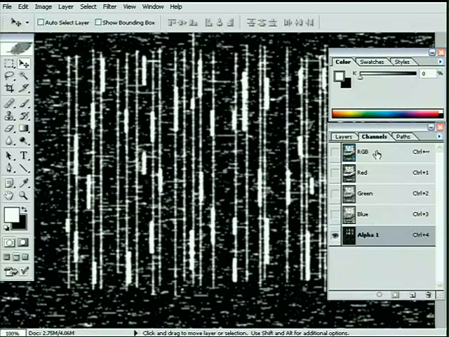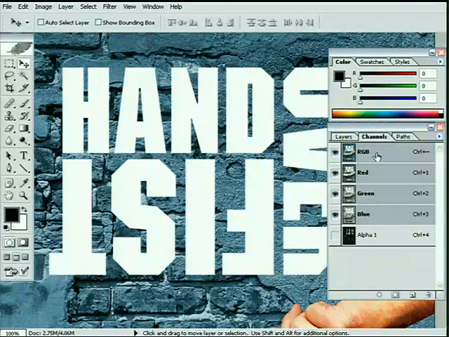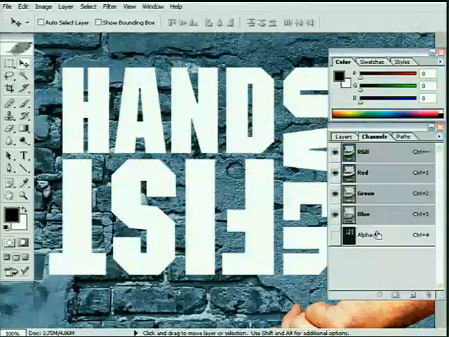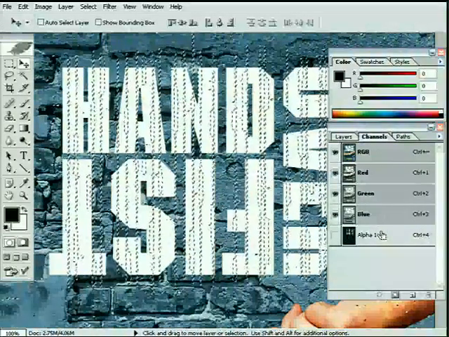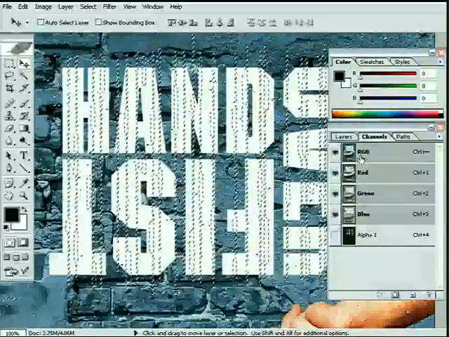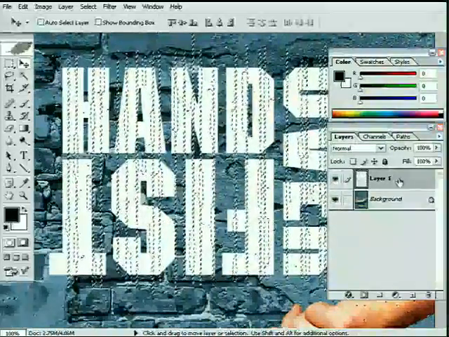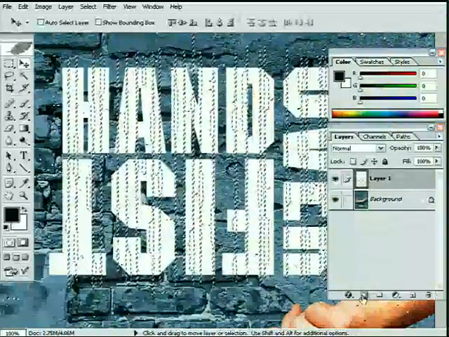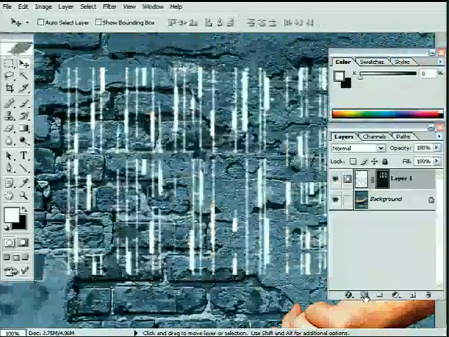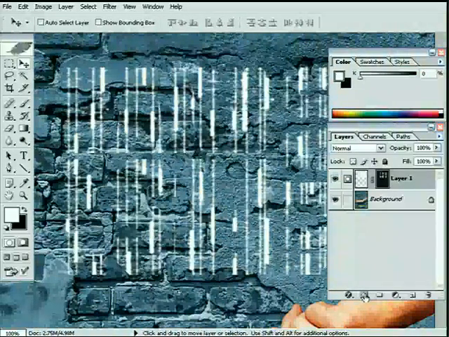We could also do that in RGB. So what we're going to do is come back to the main RGB channel so we can see our hand over fist title here. If we hold down the Control key or the Command key and click on Alpha 1, we obviously make a selection of it. Let's come back to our Layers palette, just make sure that Layer 1 is still selected. Go ahead and click New Layer Mask,